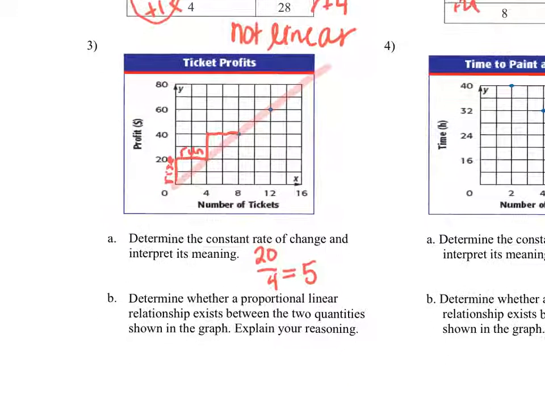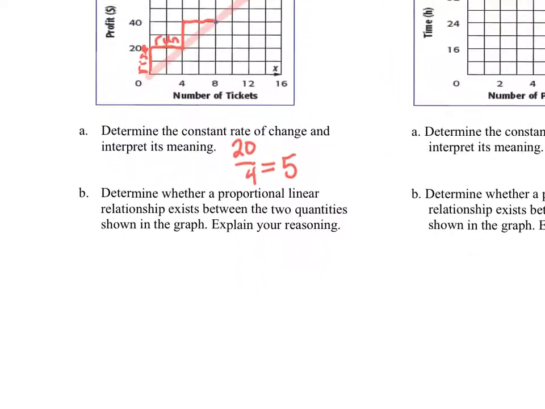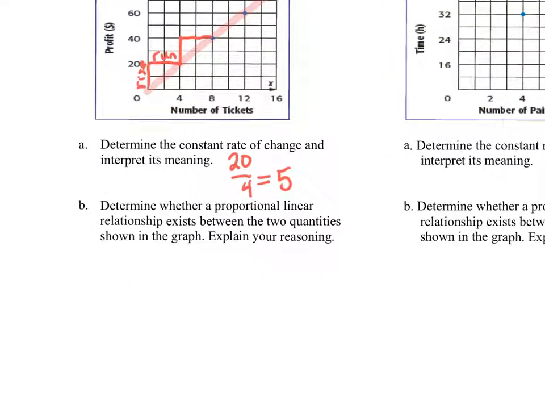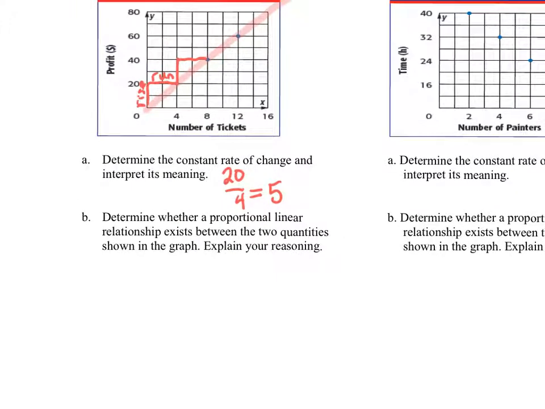Okay? And then it says determine whether a proportional linear relationship exists between the two quantities. This is where that bell ringer from a couple weeks ago came into play. To be proportionally linear, the two have to go together. You can be linear, but to be proportional, you have to go through 0, 0. So it has to go through that point, and it does. Explain your reasoning. Because it goes through 0, 0, that makes it proportional,